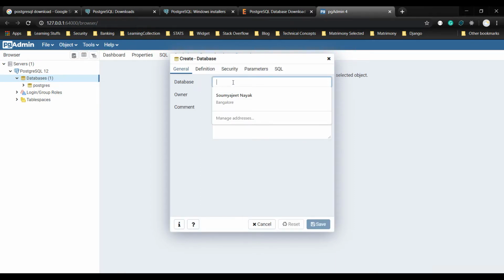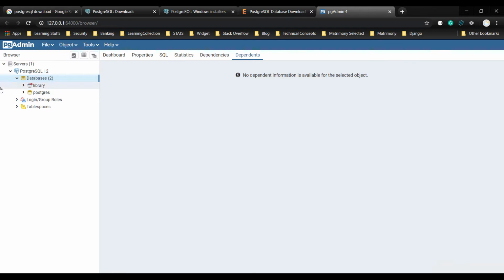So I'll give it a name, library, and we'll give some description, demo or Django, and we will create this database. Okay, it is created.